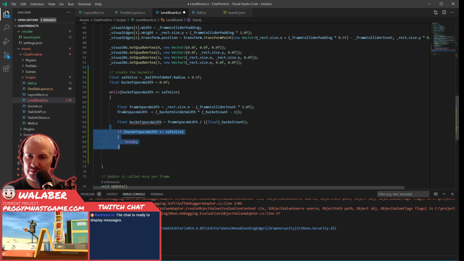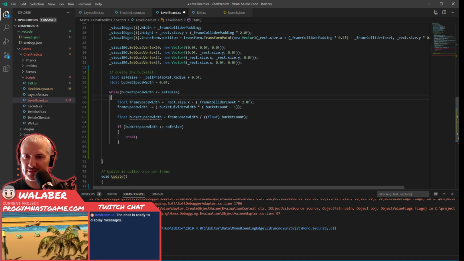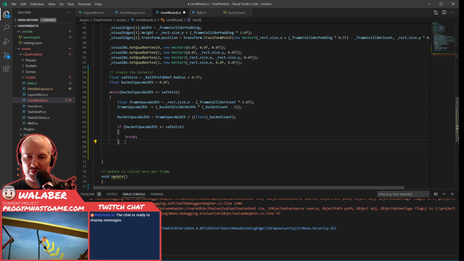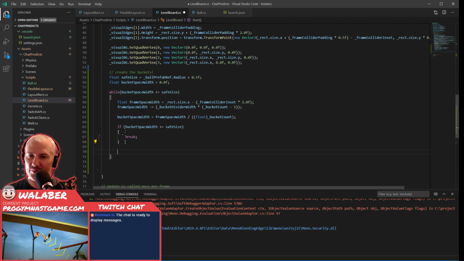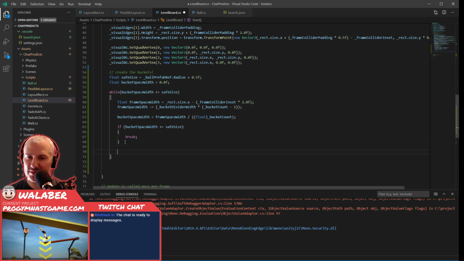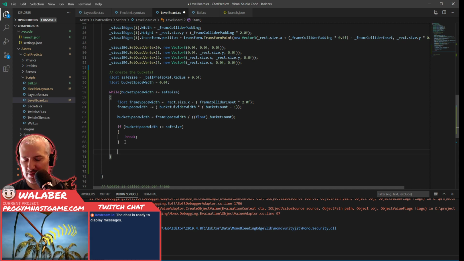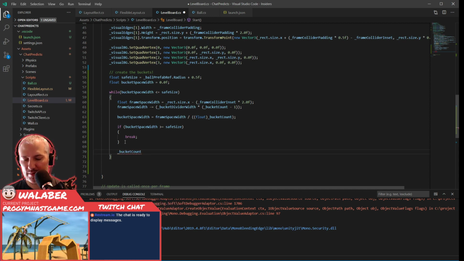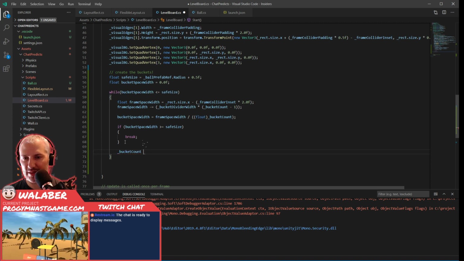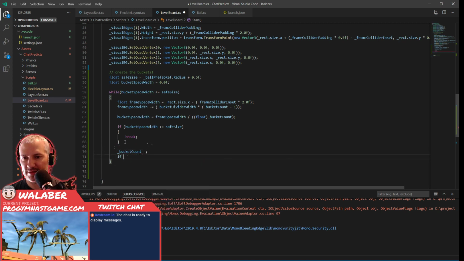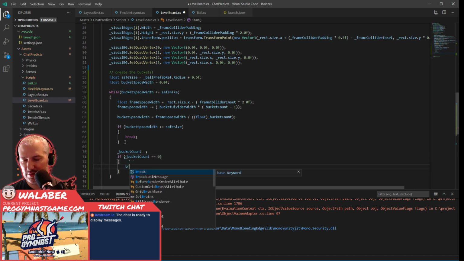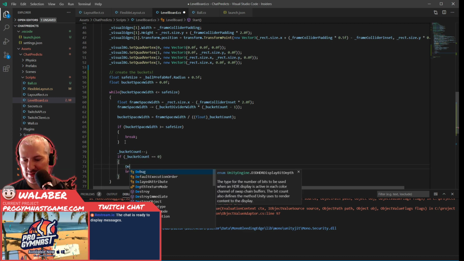No, sorry. We want to do it like this. So we'll break out of the loop there if we're happy. Otherwise, we're about to do another iteration, and so we're going to say bucket count minus minus. And if bucket count equals 0, break, and